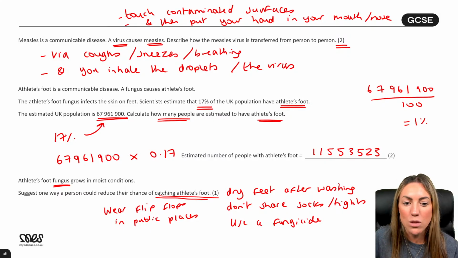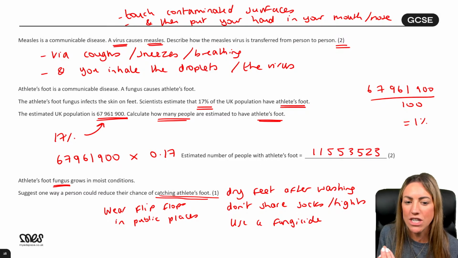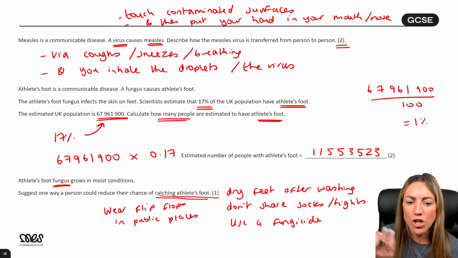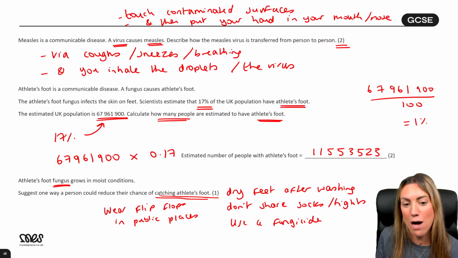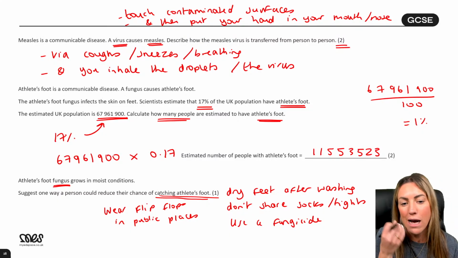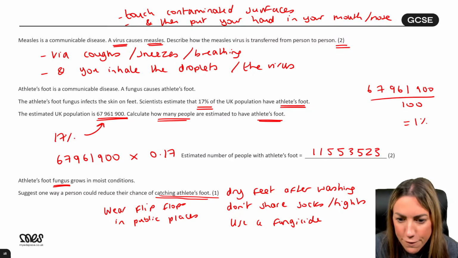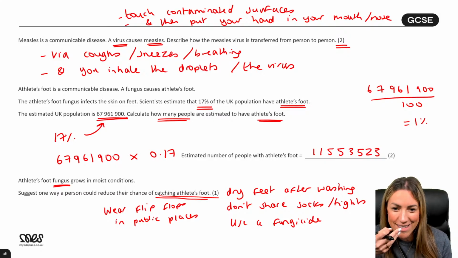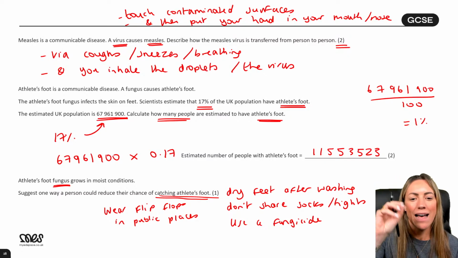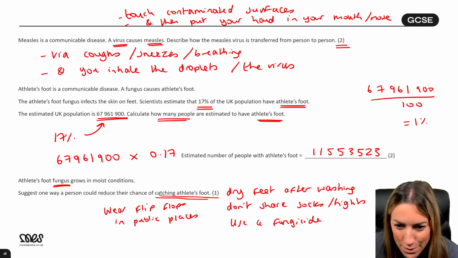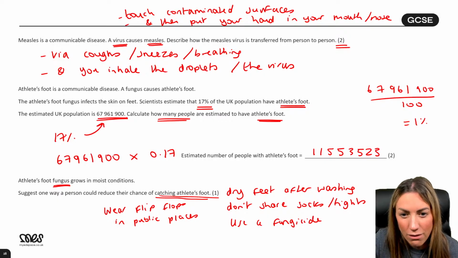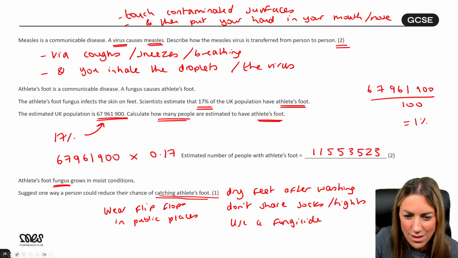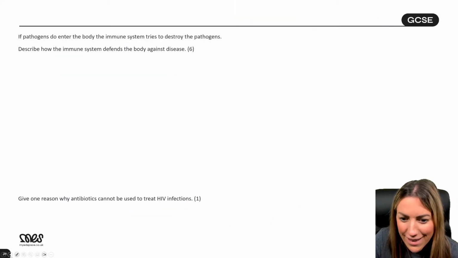So the most obvious one, because fungus thrives in moist conditions, is that after you wash, bath, shower, whatever, dry your feet thoroughly. You could even say use talcum powder. Now that's super old fashioned, but talcum powder is a powder that really dries your feet. Walk on your hands in the pool. Yeah, then we might get athlete's foot on our hands, maybe. Cholera is spread usually by drinking contaminated water, by the way.